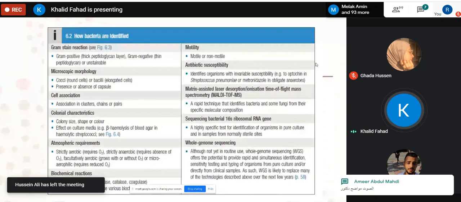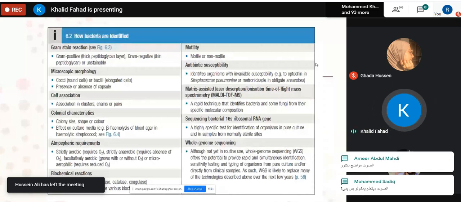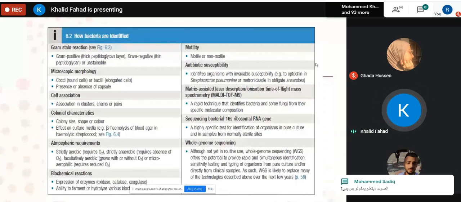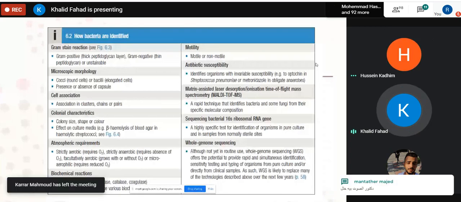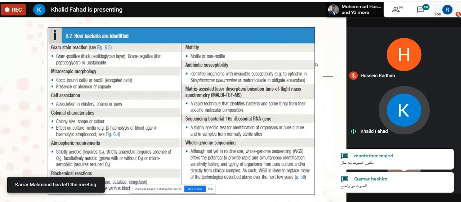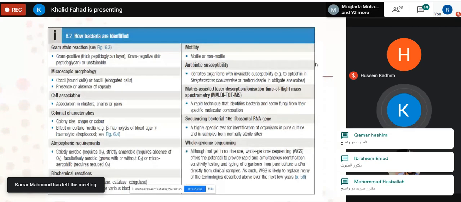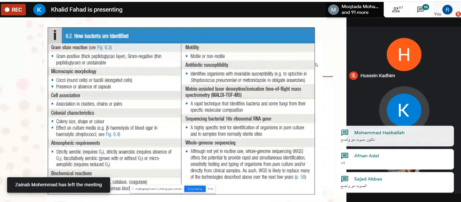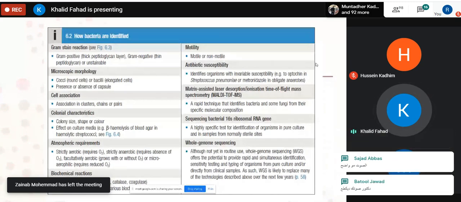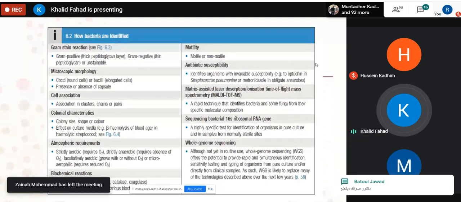So how are bacteria identified? This is an example of an infectious agent, bacteria. These are among the famous organisms that cause infectious disease. How are bacteria identified? There are multiple modalities to identify the bacteria. For example, the commonest one is the Gram stain, which is the famous stain. According to this Gram stain, we classify the bacteria into either Gram positive or Gram negative,